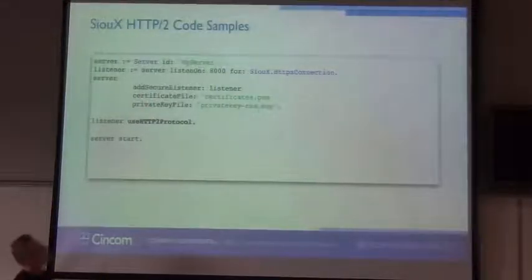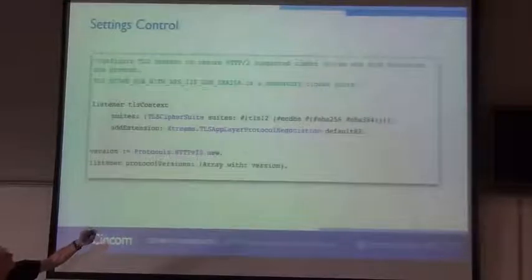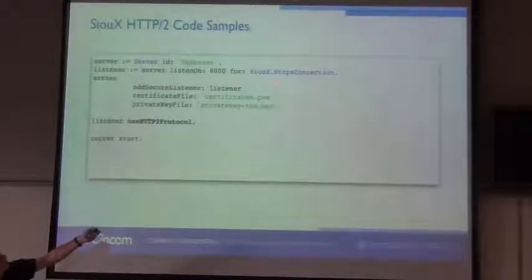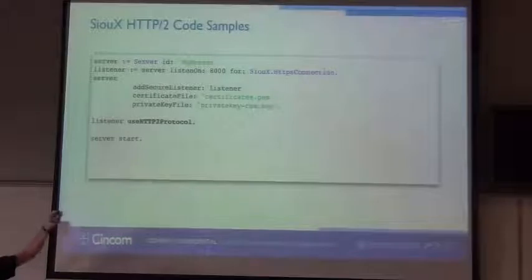So here are some HTTP2 code samples, and it's all very easy, very small talk. We create a server, we say listen on a given port for HTTP. I'm sorry, for an HTTPS connection, then add a secure listener to it to give it the names of your certificate file and your private RSA key, and then you say use HTTP2 protocol and start the server, and that's it. Under the